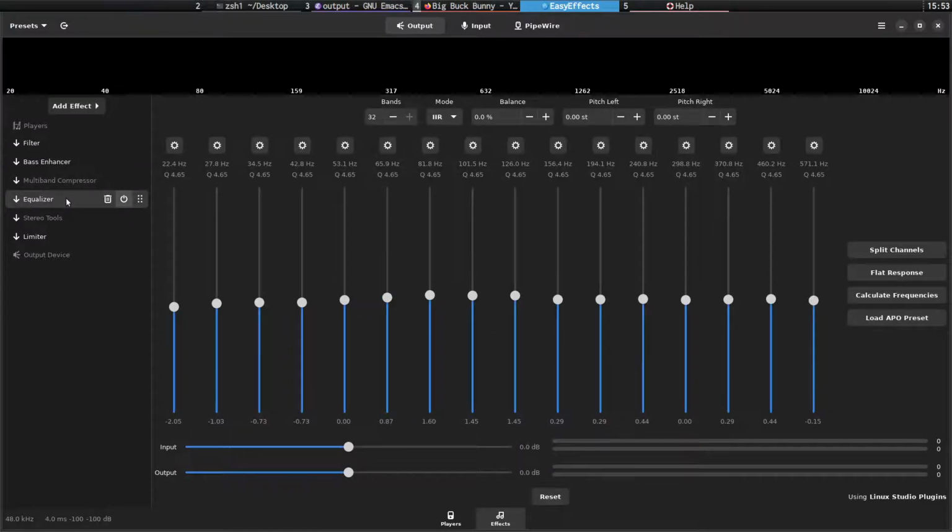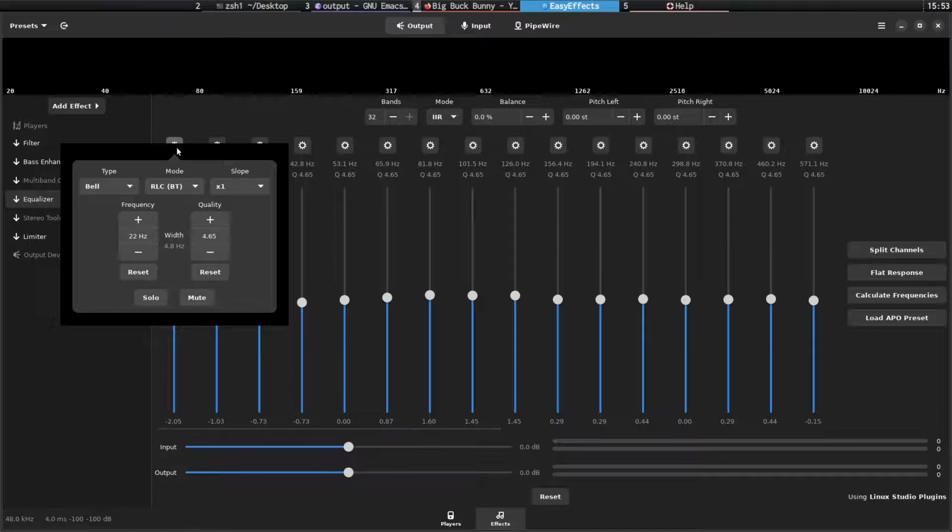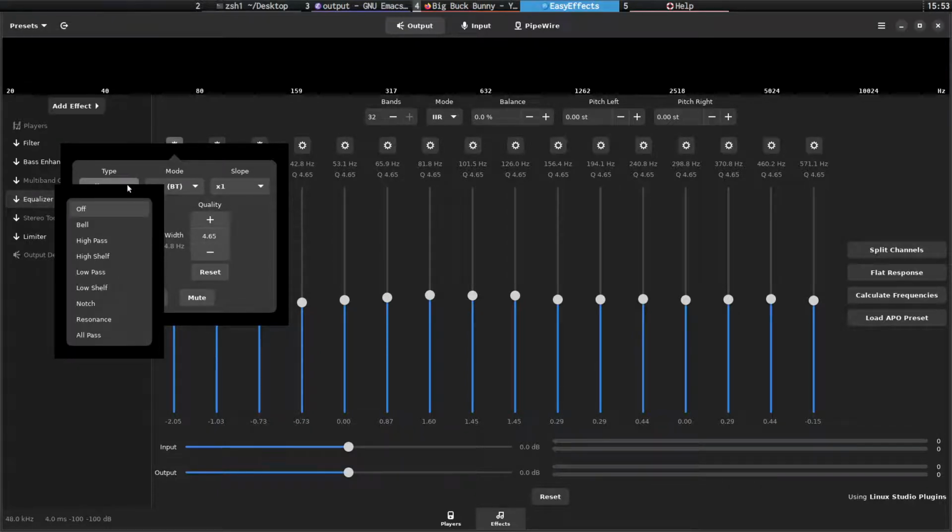So if I come across to the equalizer, what you'll notice is we have all these gears here, and basically you have different types. So you've got like a bell, a high pass or high shelf, a low pass, you've got a notch. So these are the shapes of the